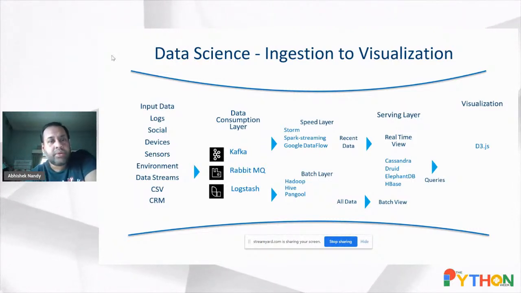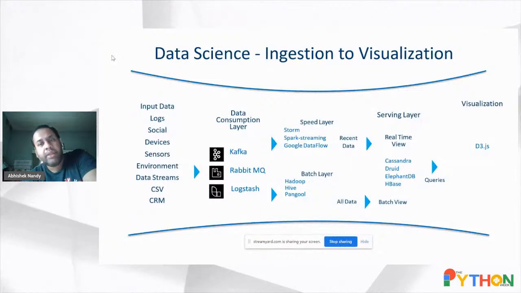Okay, so I'm just keeping an eye on this because this is a very important stage when it comes to a data science process, because you have to collect information in any format. So the data comes in, and now we have a tool called Kafka that carries the information and takes it forward. The speed layer is for when you want to do real-time transmission of data,